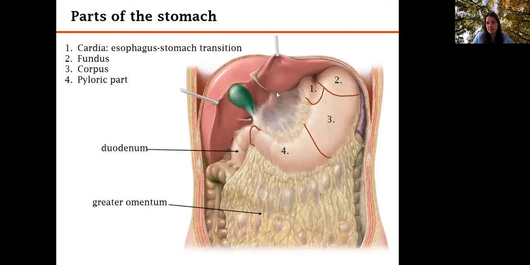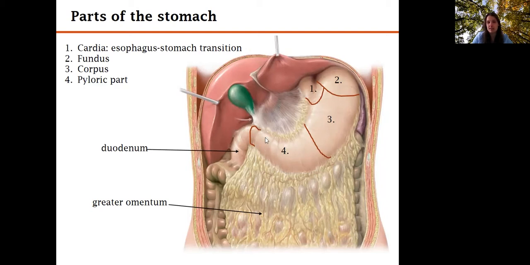The parts of the stomach. So the first part where the esophagus-stomach transition is found is called the cardia. And then we have this upper left part of the stomach, the fundus, which contains an air bubble, and this is what we find directly below the left dome of the diaphragm. Then we have the body or corpus, and the last part is the so-called pyloric part, which ends in the